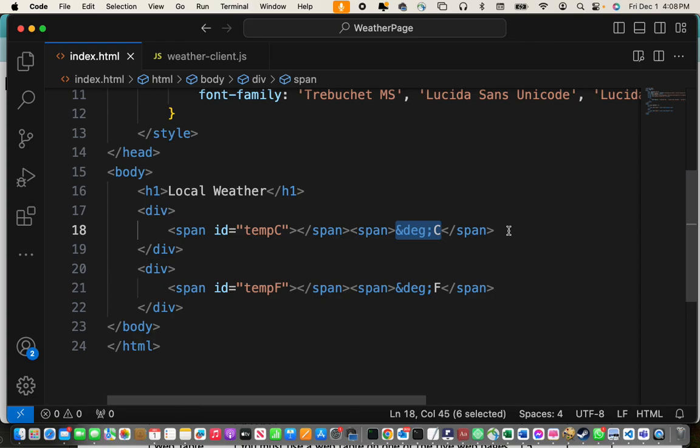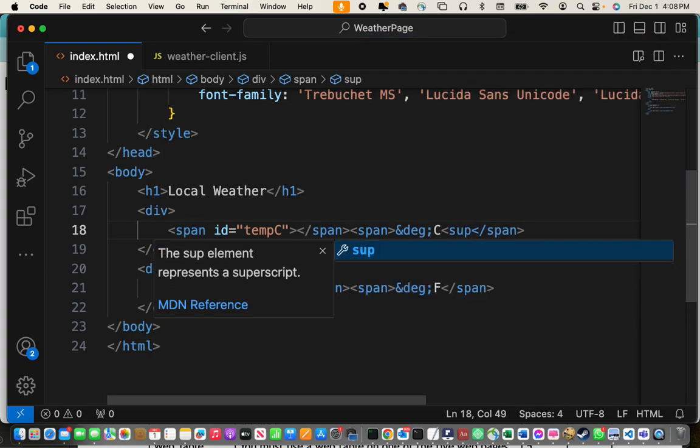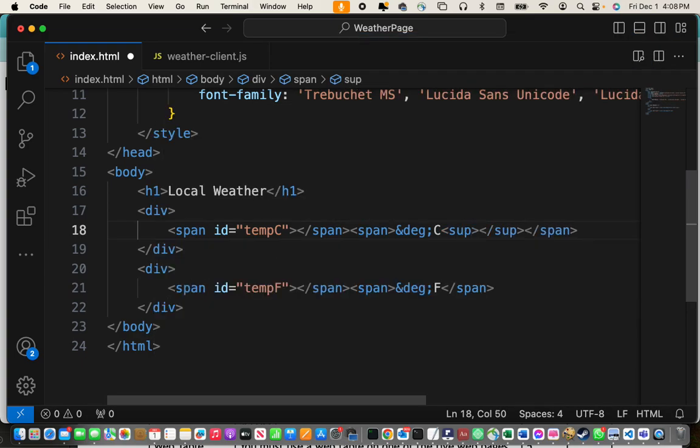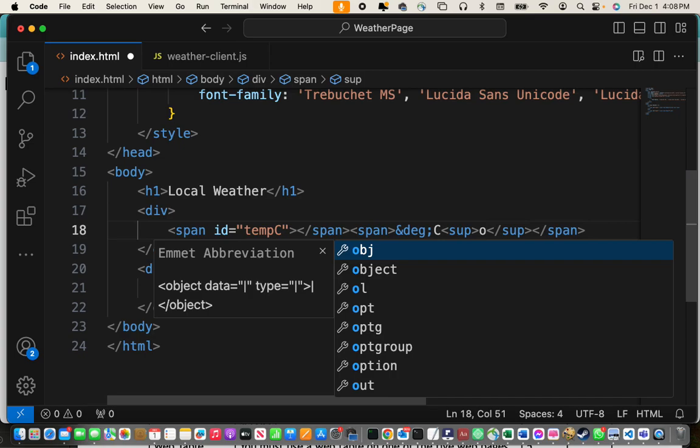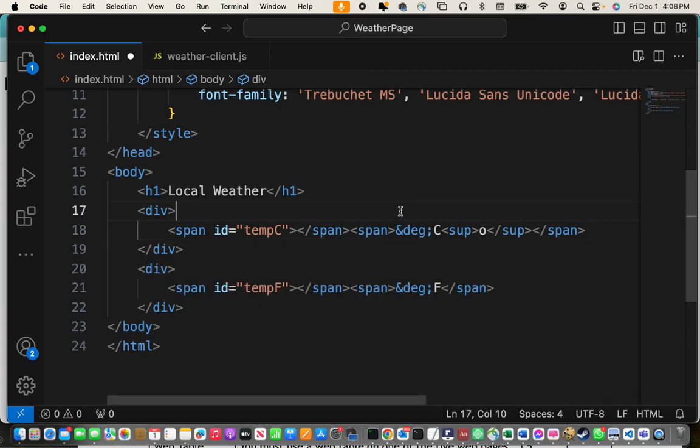Now, there's another way to print that as well. You don't have to necessarily use that. You could use something like this. You could do a superscript and put an O. And superscript is going to take the O and move it all the way to the top. Right? If we did sub, it would move it all the way to